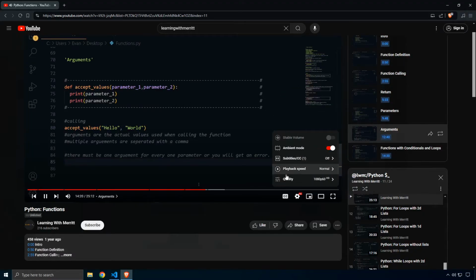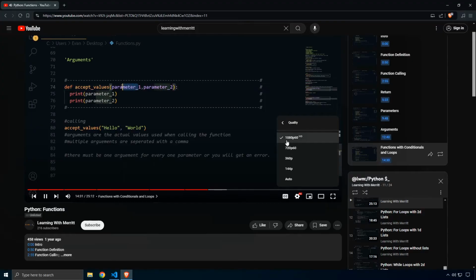So there's playback speed. Next we have quality. Now, when it comes to quality, what you're seeing here is P for pixels. That is the unit there. So 144 pixels, 360 pixels, 720 pixels, and 1080 pixels, like that. Now, 1080 is the best quality. In this case, pixels is going to be a measure of the resolution that we're dealing with here, so how